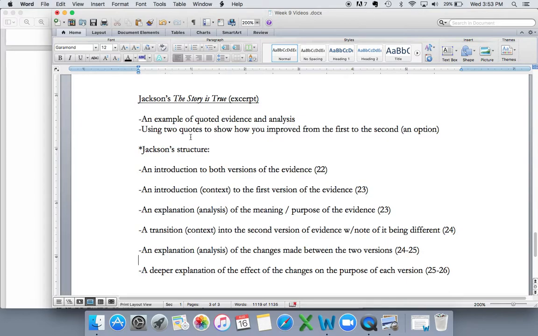Now, technically, you don't just have to do this within the same assignment. Maybe in the indefensive essay, you're still struggling, for instance, to really develop audience and problem making. But then in the How Does a Poet Make Meaning essay, specifically the final draft, you just got it down and it's really polished and good. You can compare the final draft problem-making section of the indefensive essay to the final draft problem-making section of the How Does a Poet Make Meaning. That would be fine too. Just whatever you think is going to best represent your growth as a writer.